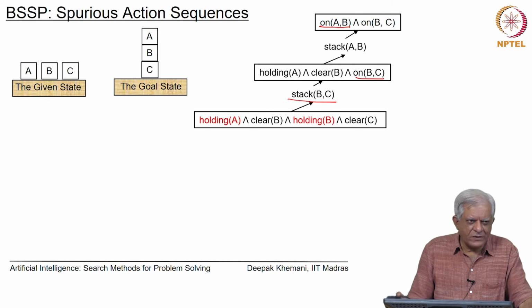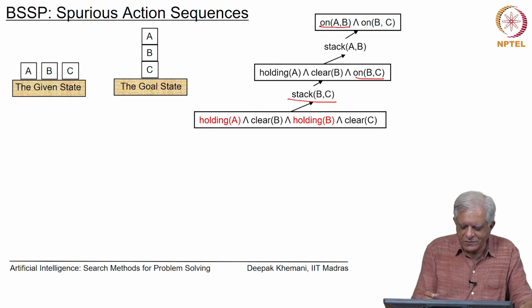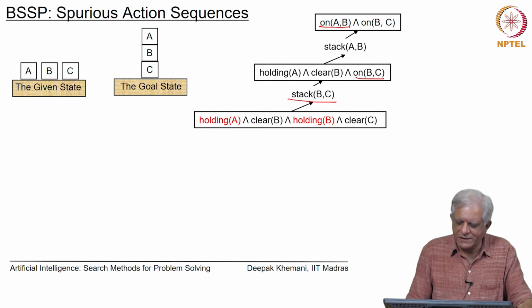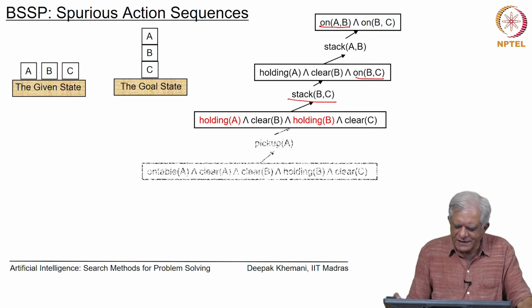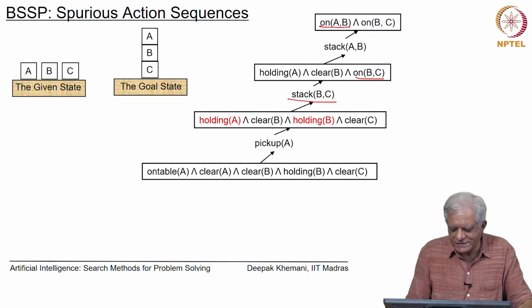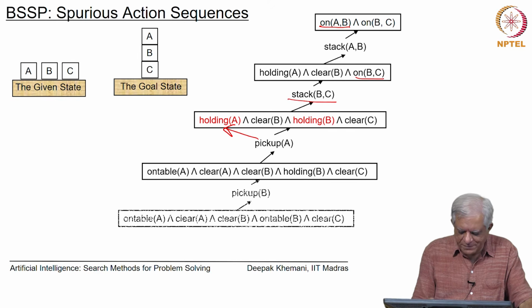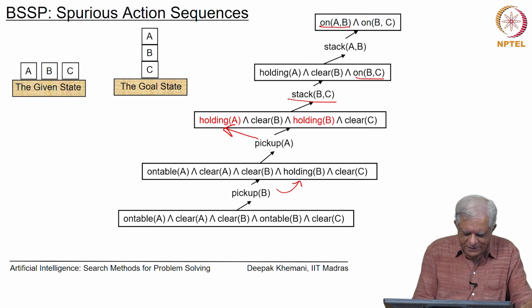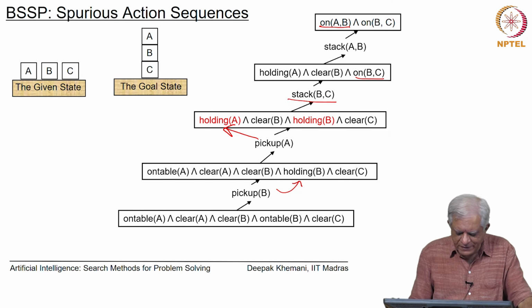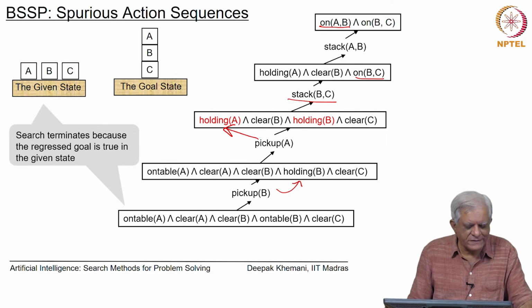What you cannot see is that in the previous goal, there are 2 things which cannot be true at the same time, that you cannot be holding A and you cannot be holding B together essentially. Nevertheless, the algorithm goes on courageously constructing a plan. It says, okay, then I will do pick up A because I want to be holding A, and then I will do pick up B because I want to be holding B, and then it will take me to a state in which A is on the table, B is on the table, C is on the table, A is clear and B is clear,